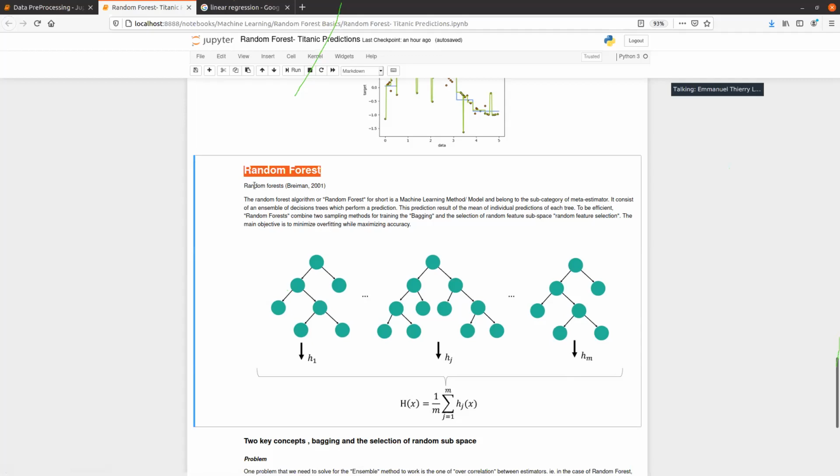And I encourage you also to read the original paper about random forest, which was issued in 2001 by Mr. Breiman, I think from University of Berkeley, if I'm not wrong. And actually what random forest does is that it limits the overfitting that we have with decision trees, because you average results from a lot of them.